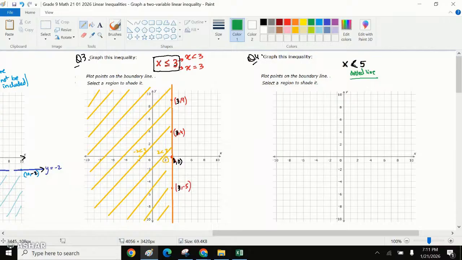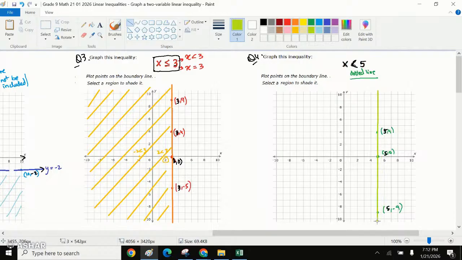Whereas x5, we know that the value of x is 5 over here. It would be 5 comma 4. This is 5 comma 0. Or if we take a point over here, this would be, sorry, 5 and negative 9. So what we can say is the value of 5 is constant for x on all these points. And once we join these points together,